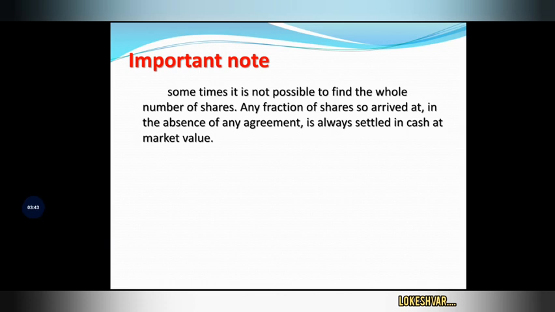And thanks for watching. These are the 4 methods to calculate the purchase consideration. First one, lump sum method, and second one, net asset method or net worth method, that is based on net assets and net liabilities, that is the agreed net assets and agreed net liabilities. And third one, net payment method, it is based on equity, preference and dividend and cash. Next, the last method, intrinsic value method. So it is completely based on exchanging the shares between the transferor and transferee company. Okay, so thanks for watching.